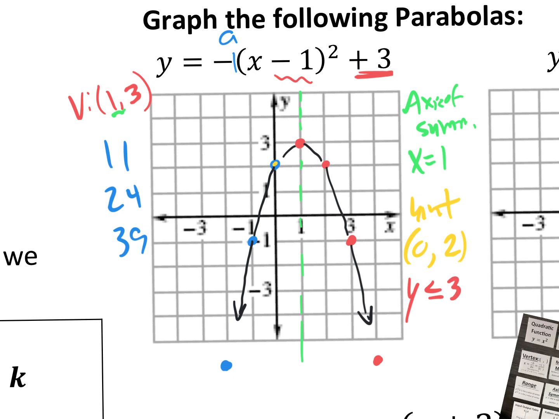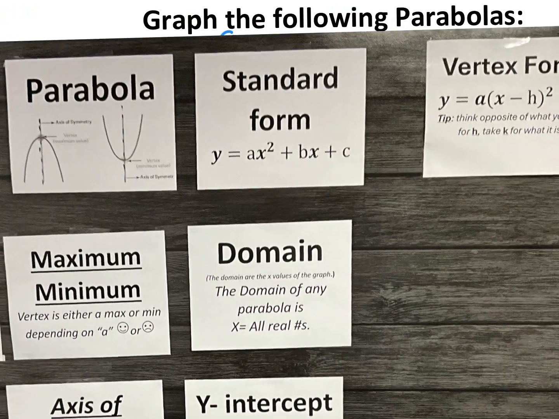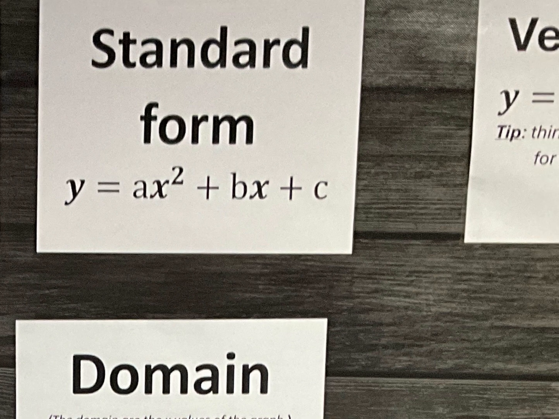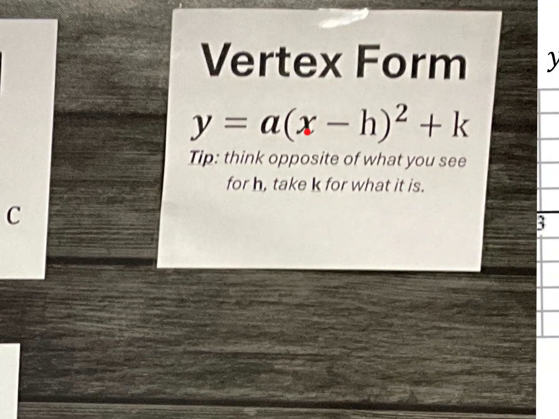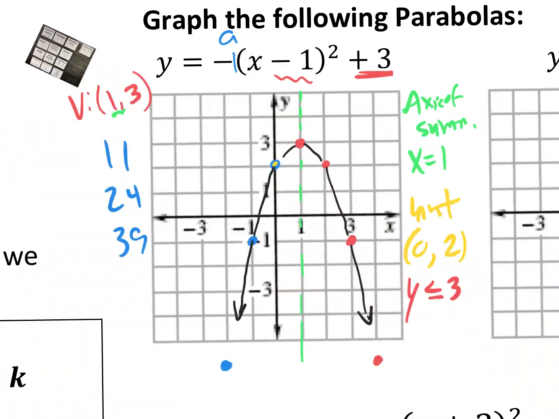So vertex form is great, but it is easier to find the y-intercept of a standard form as opposed to a vertex form. Because standard form, when you find the y-intercept, when you set x equal to 0, when you put these zeros in for x's, everything cancels out, and that's your y-intercept. But for vertex form, you actually have to plug in a 0 and then do the math and then square it, then multiply by a, and then add k. Then you'll find your y-intercept for vertex form. Anyway,